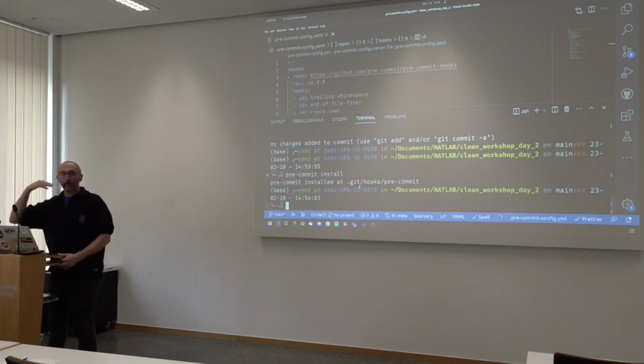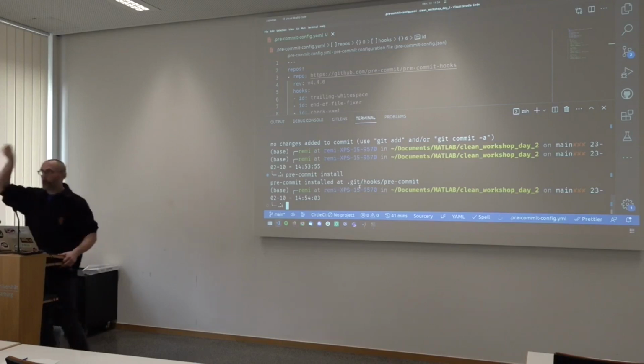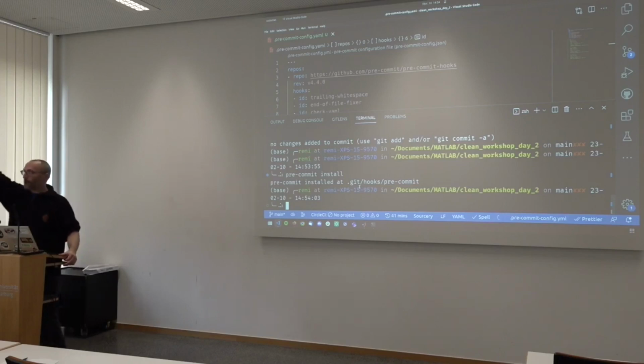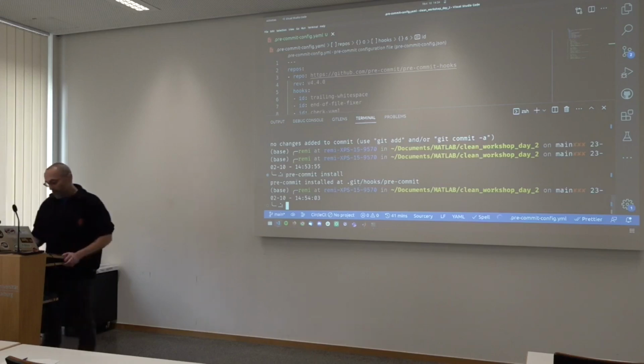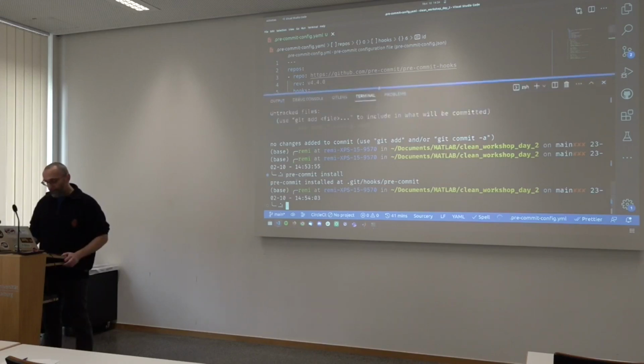This means that every time you commit something, Git will go and look into this folder and go like, oh, there's this whole bunch of things I should do every time I commit. Another reason why you should commit regularly is that every time you commit, pre-commit will ensure that all those things are applied every time. Another thing that's recommended when you run pre-commit the first time is that you apply those rules to all your files in your repository.